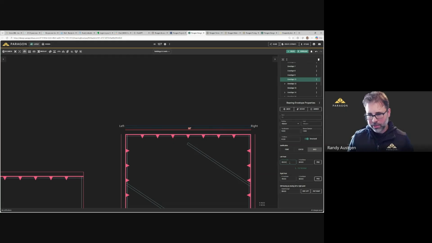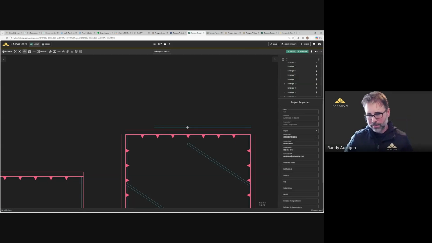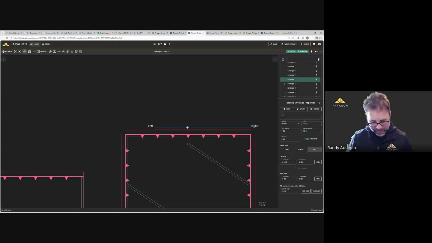But what I can do is a space, plus sign, and I want to move that, I don't know, 6'10 and a half". All right, so 6'10 and a half. I'm going to tab out of that field just to see it, and there we go, 46'10 and a half". It just moved that endpoint, because that was the actual coordinate.